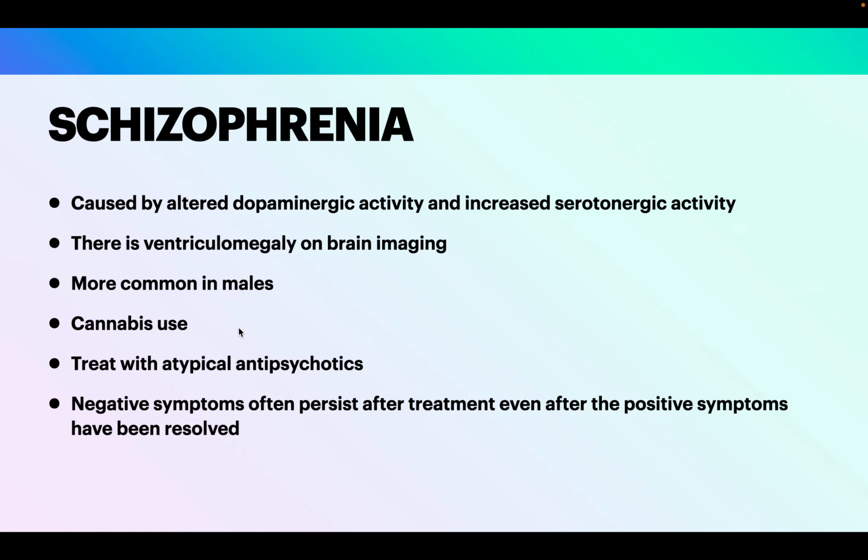And in people without a history of schizophrenia or any family history of mood disorders, it will bring on schizotypal features. So it's not full-blown schizophrenia, but there are features of schizophrenia that will develop in people that don't even have any history or any kind of underlying schizophrenia. So you want to treat it with atypical antipsychotics, and it is tough to treat because the negative